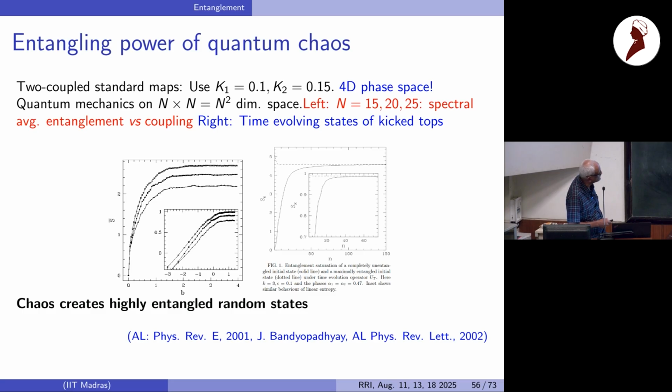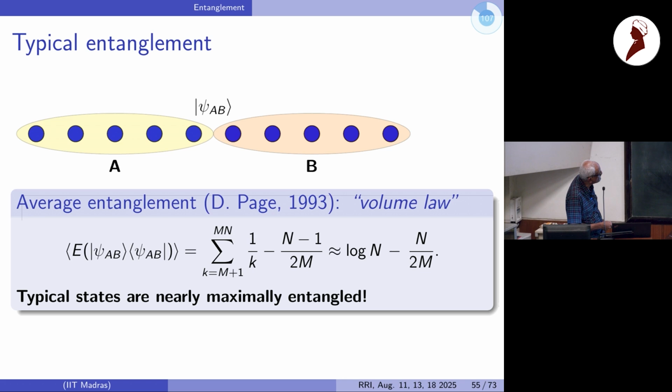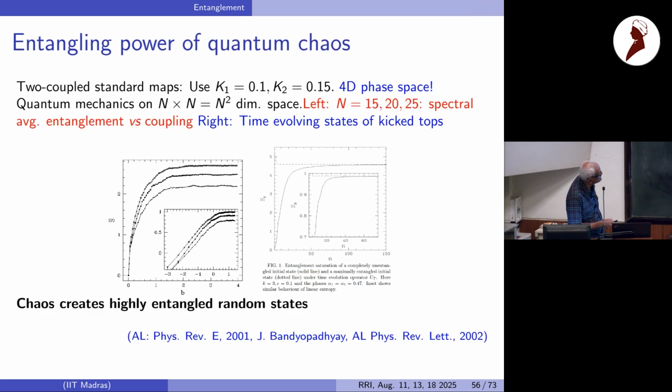dynamical systems. And this is another system where this is now a time evolving state. You start from an unentangled state, this is time, and this is the page value. And this is, by the way, called a page value after Don Page, this particular value. So it approaches the page value after some time, and that's kind of a thermalization. You can also start from a maximally entangled initial state. You see a slightly dotted line there. Actually, it starts from there and it decreases to this typical value. It gets unentangled to this random state value. So again, you say that chaos creates highly entangled random states.